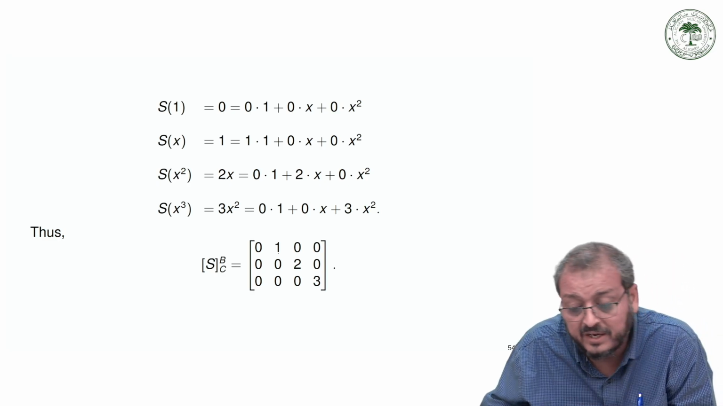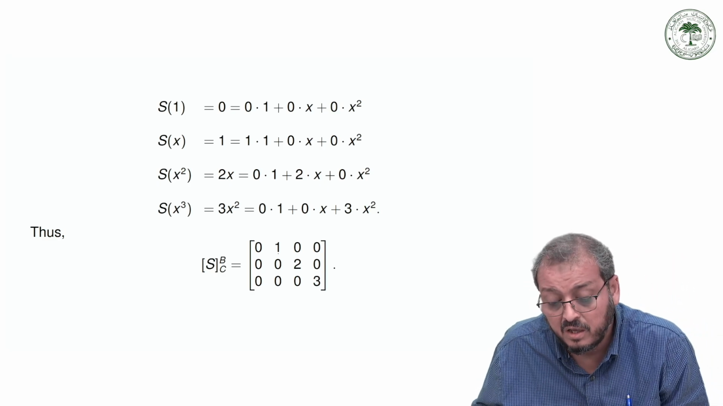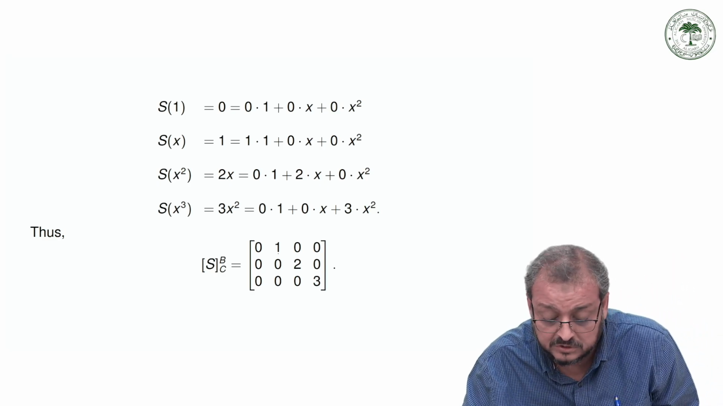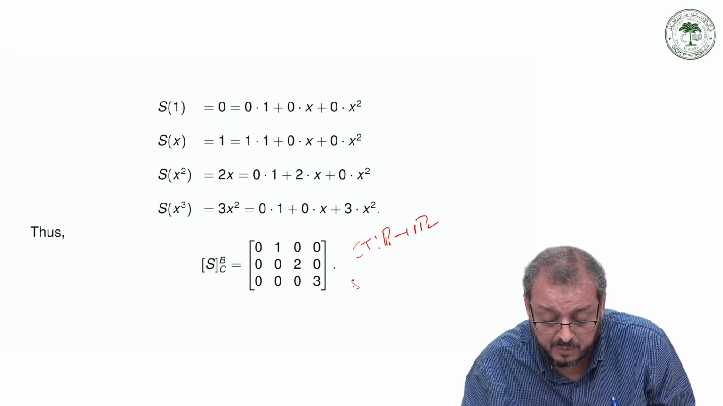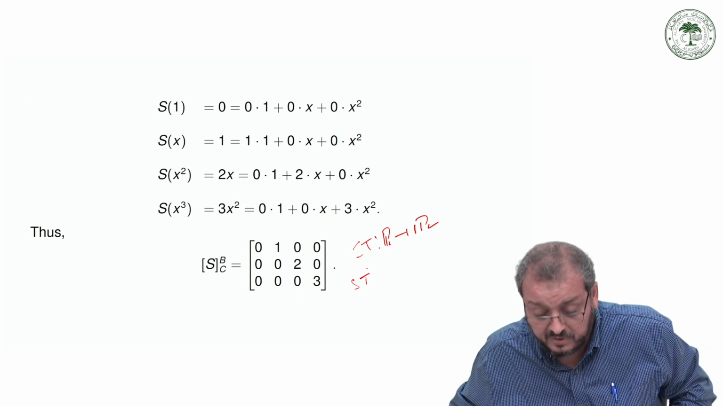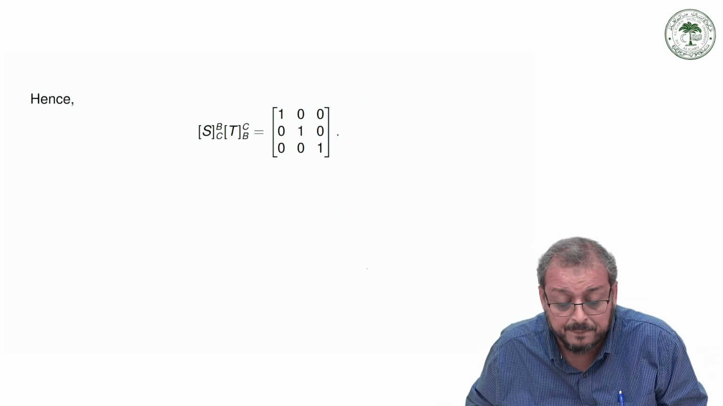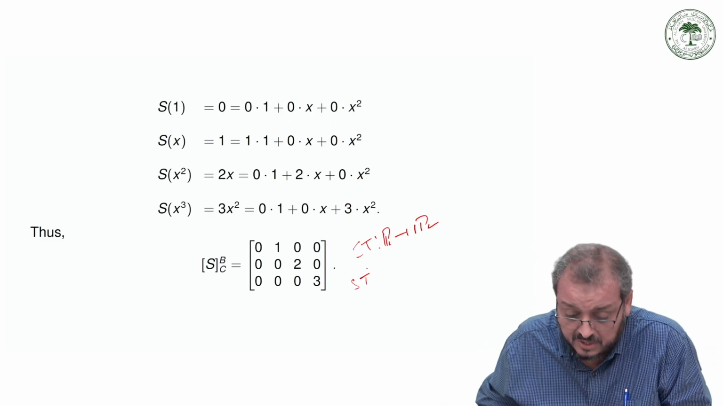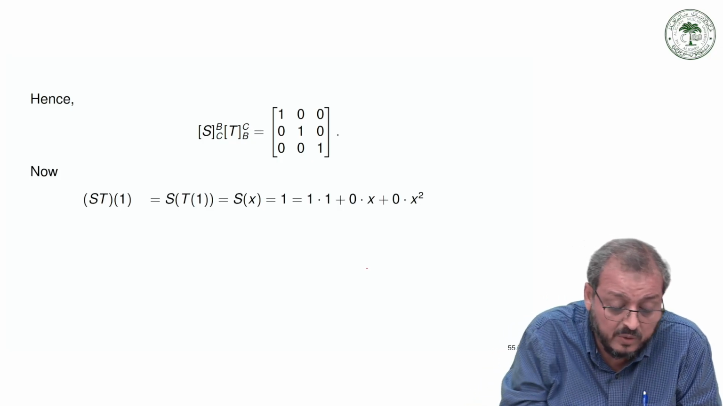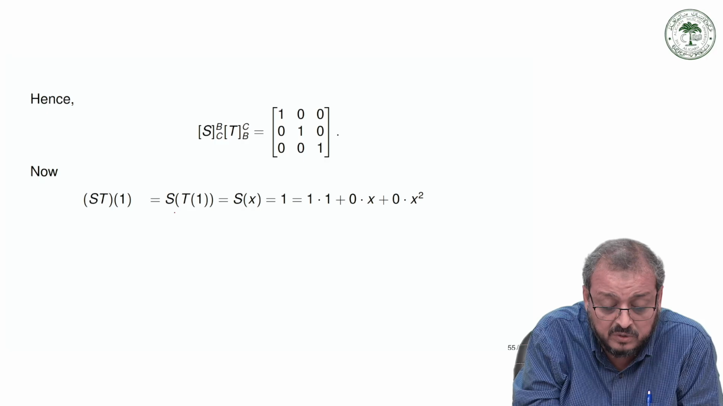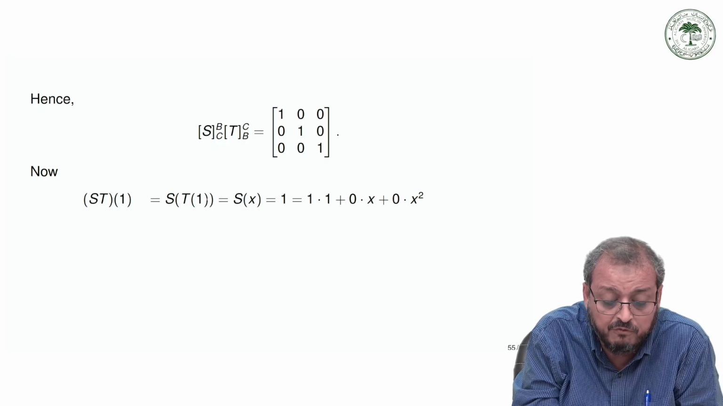Now we check our composition map. You know that the composition map is defined from P2 to P2. First we define what our composition of the map is. If we take the product of these two, then the product is simply equal to an identity matrix. So now the composition ST: T of 1